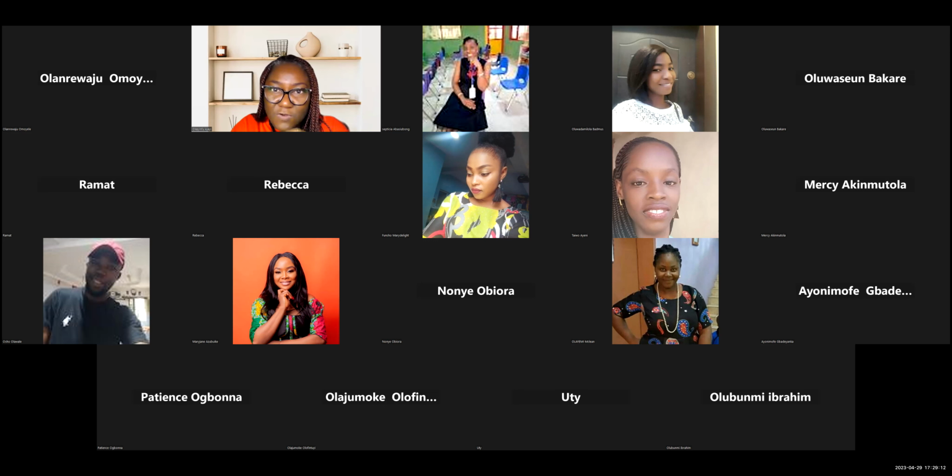If a child scores 10 over 10 in numeracy, can't we just say good job? Well, you've already graded it, stickers. Thank you, Olayemi. Fantastic. Exactly, Damilola, stickers. If a child scored 10 over 10, you've already scored them 10 over 10. You can say good job for the effort you put into this, right? So for me, the child needs to tie the good job to something. That's what I'm trying to say. What is this good job tied to? It's tied to effort. Good job for practicing well before your assessment.